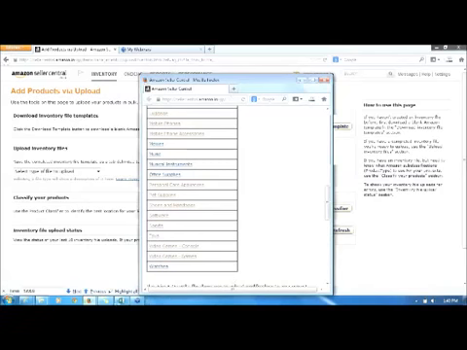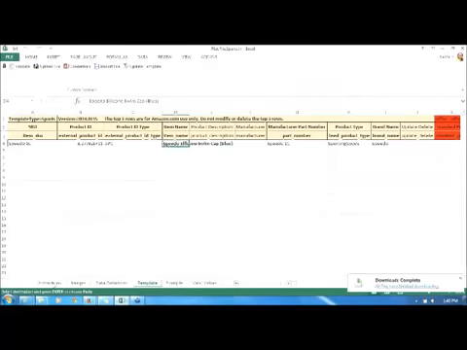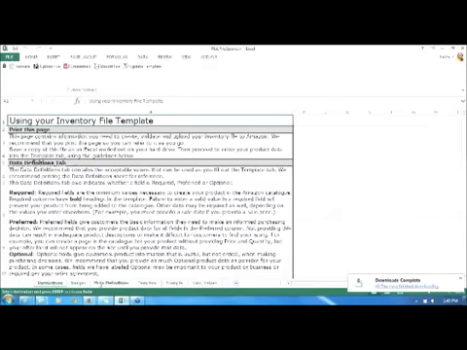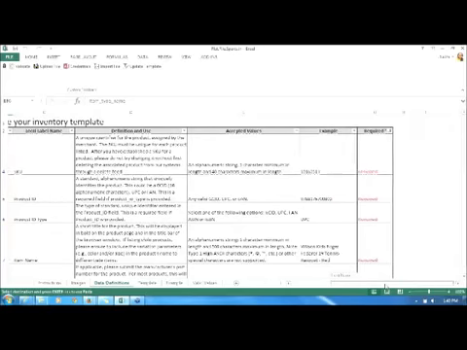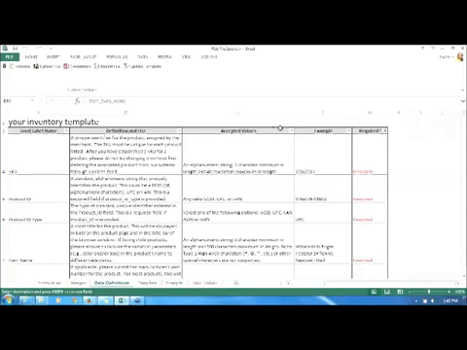On saving and opening the file, a template will open with the instruction sheet in front. It will have a data definitions page wherein you can see all the required attributes. You can add filter on top and just see the mandatory attributes. SKU is the unique number identified by the seller. It could be alphanumeric. Product ID is the EAN UPC or the unique identifier of the product. EAN UPC is generally found on the bottom of the barcodes of the product. Product ID type is specifying whether it is EAN or UPC.